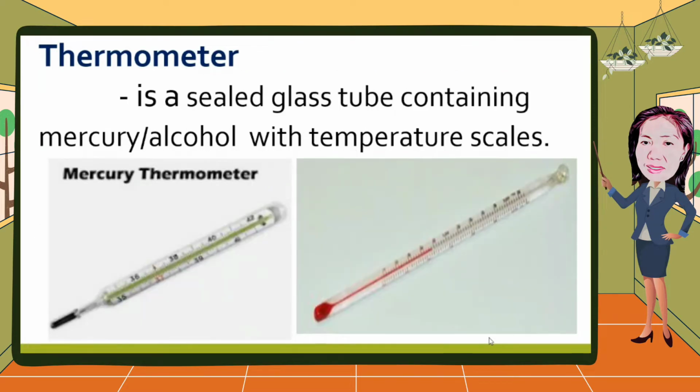Okay, so a thermometer is a sealed glass tube containing mercury or alcohol with a temperature scale imprinted on it. So, ito ang mga thermometer. We have the scales, and then inside, pwede siya mercury, pwede din siya alcohol. So, what happens to this alcohol? This will rise and then go down, depending on what type of substance or temperature